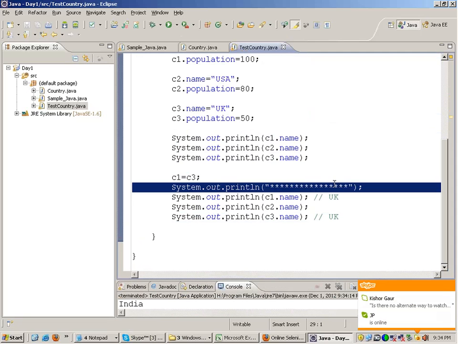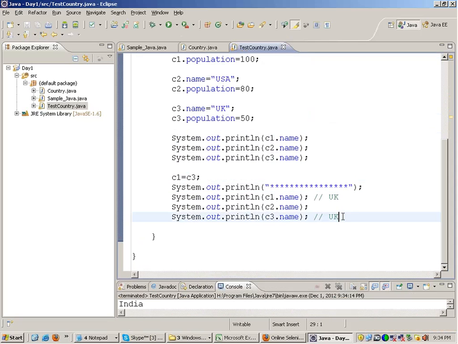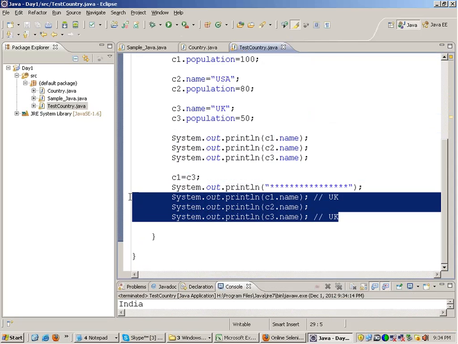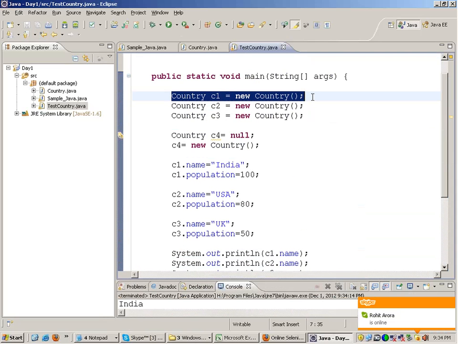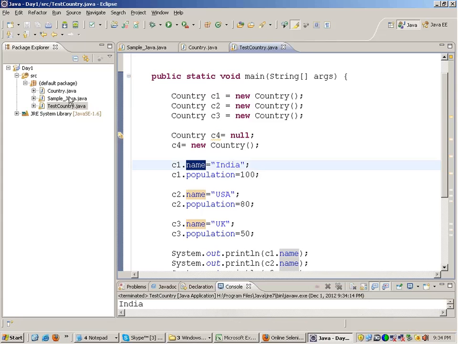So Ashish, I have one question. This is related to object-oriented programming, right? In the first step you created one object, and this is C1 dot name. Where did the name come from?